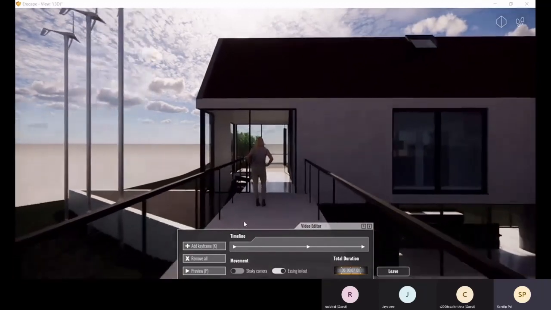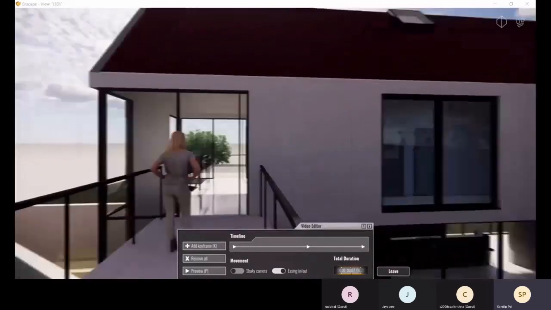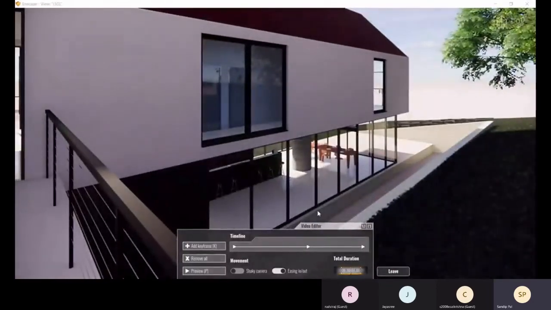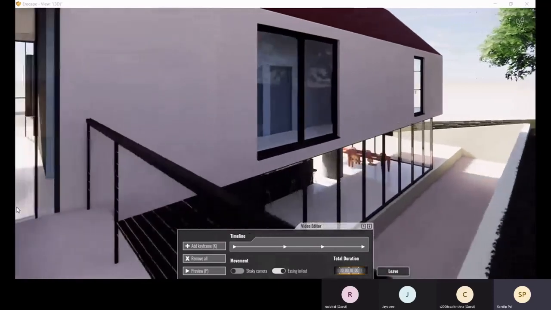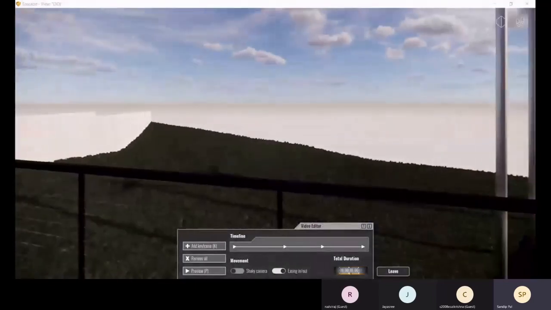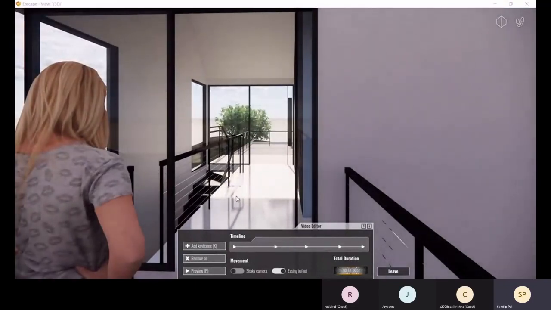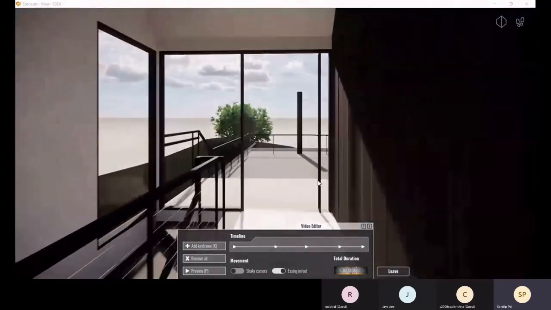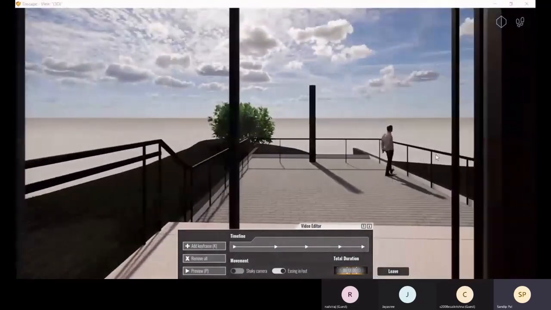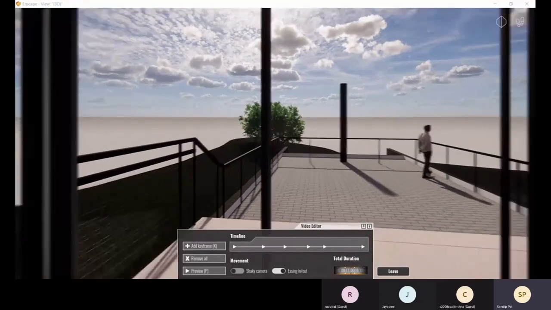You walk around, you move the angle with this. Here you can place a keyframe again. If you move around with W, you can move around there, or if you want to face there, you can add a keyframe there. You want to add a keyframe there, you can add it.